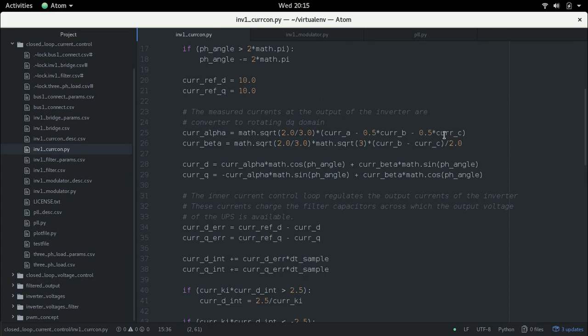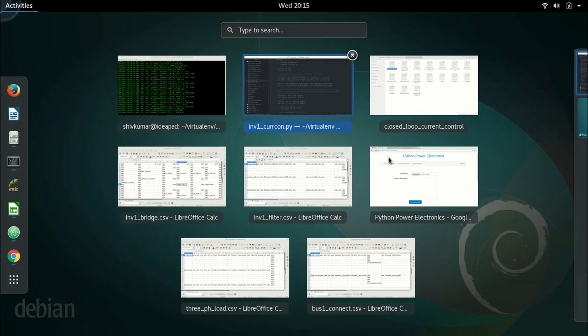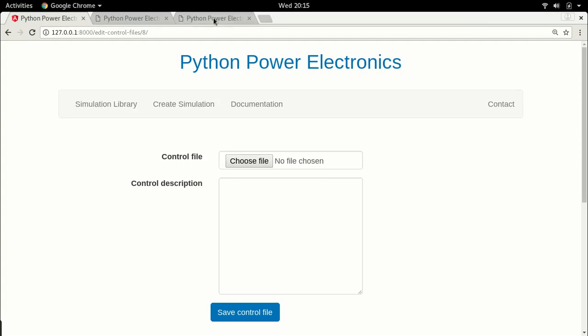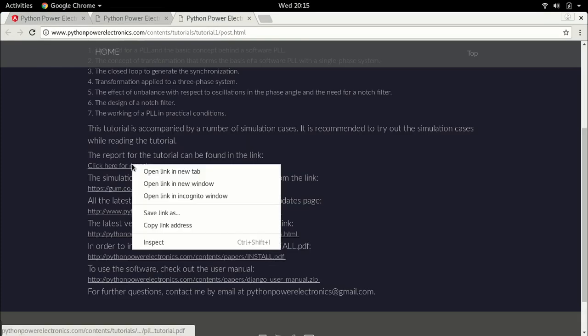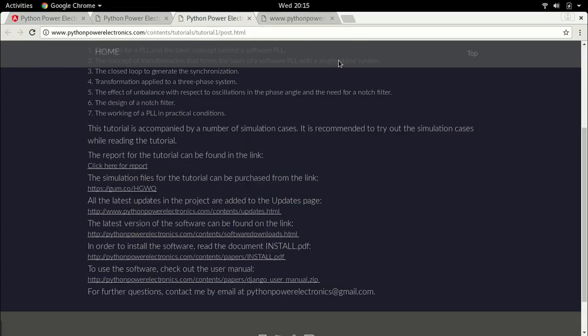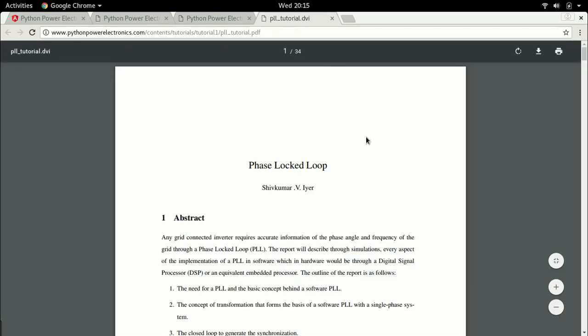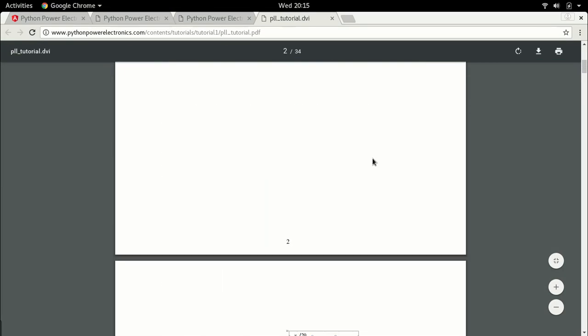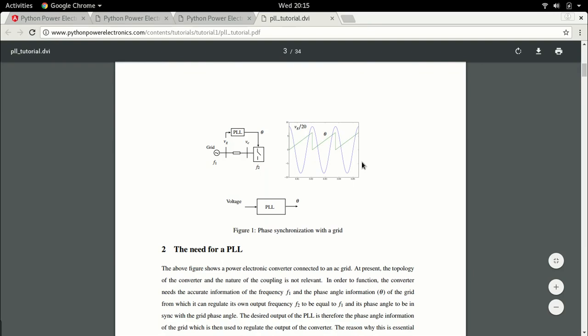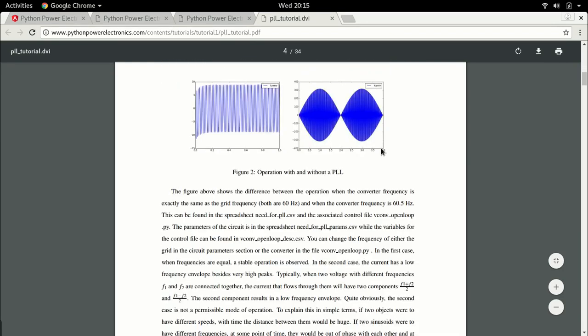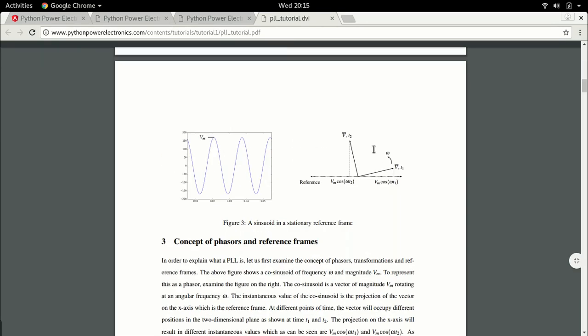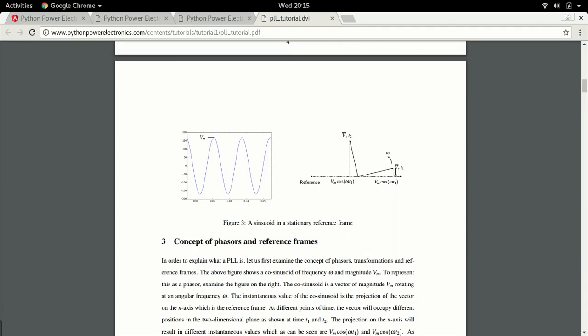Now, just a little bit of theory here again. Let's go back to this file. Actually, I closed the report. I need that. So let's have a look at this. Basically, what we do is we want the angle. In general, we want the angle. And when you want the angle, what we want is